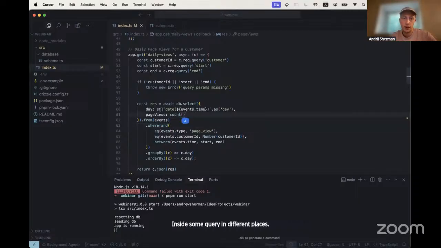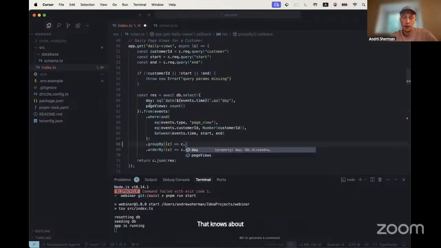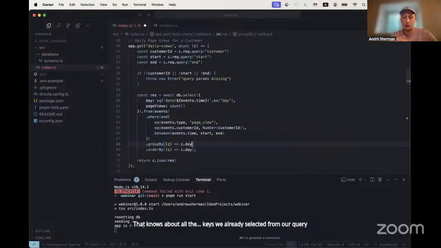And in this case, we explain that we need a field day that will get the date for some specific event and then count it. And then we can group by and order by this specific field in this select query, because we have this callback that knows about all the keys we already selected from our query.